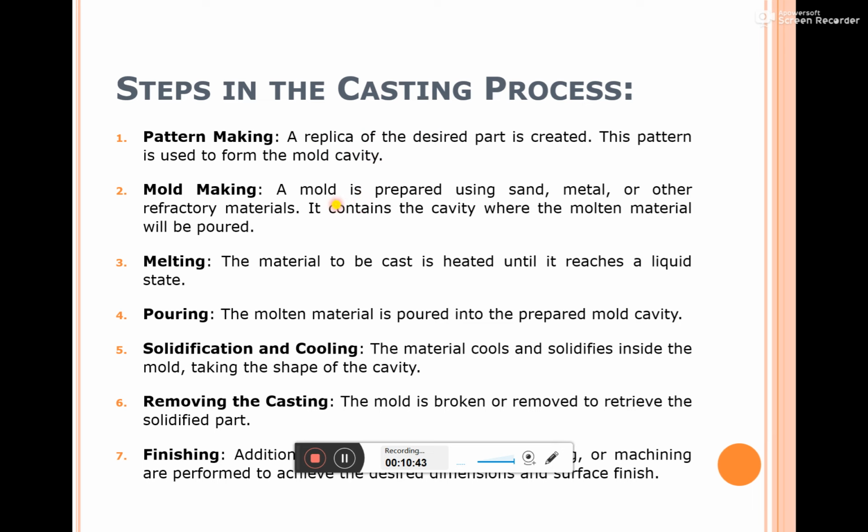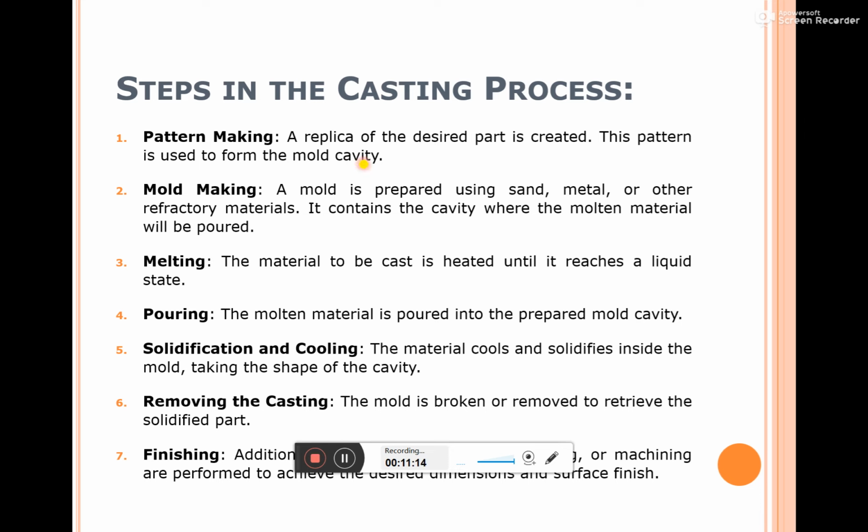sand casting mold. First step is pattern making. So we know that we have to prepare the sand mold, in that we are going to pour the molten material. For that we require to prepare that hollow mold. We require a pattern. The pattern is a replica of the mold cavity. Whatever the product is, it is a replica of the desired part by which we are going to prepare